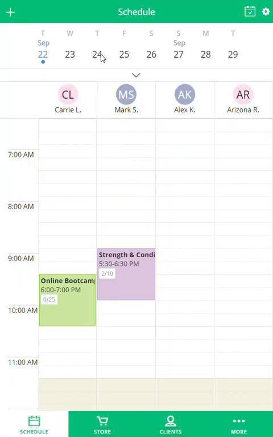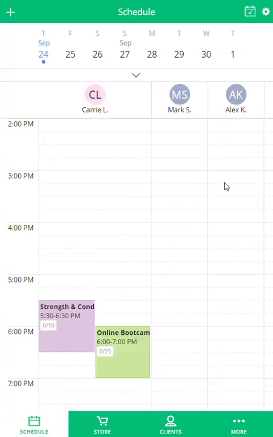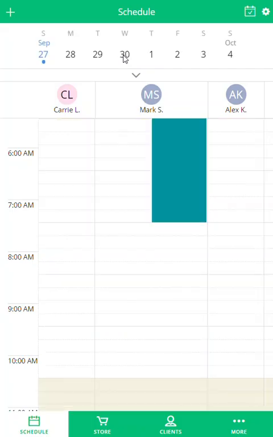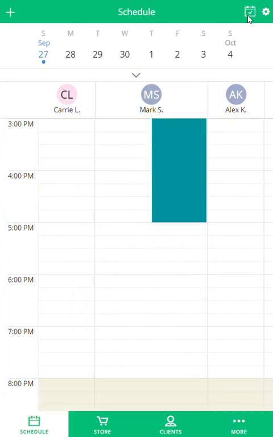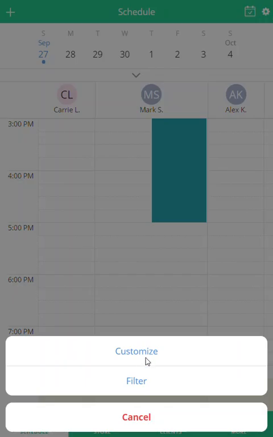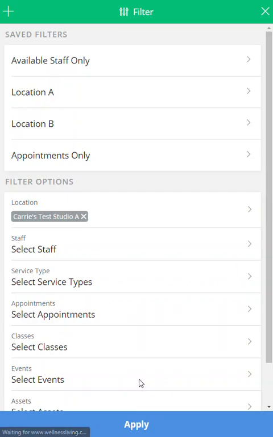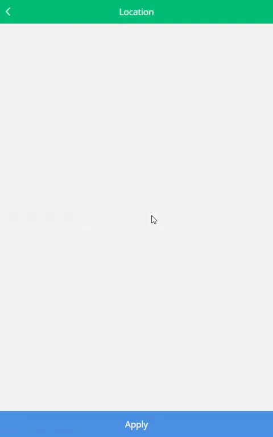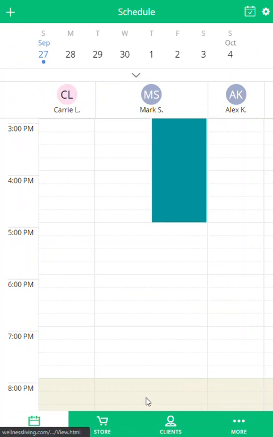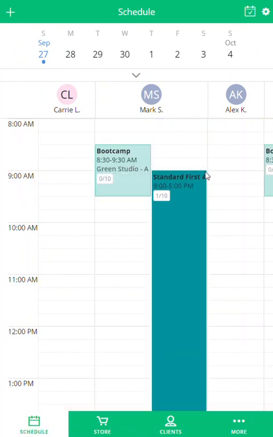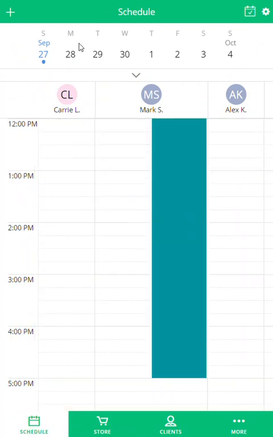And if we go back to, I think it was the 24th, I believe. 24th, 27th, maybe? Yeah, there goes 27th, but under Alex, there's nothing because of the filter. So we're going to go ahead and filter this out. We'll just say, show me location B as well. And apply this. And if we go back to the correct dates,